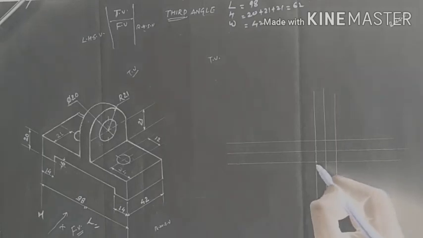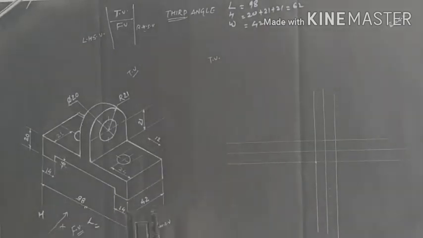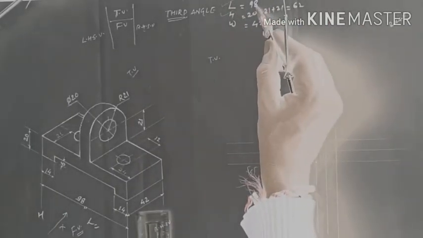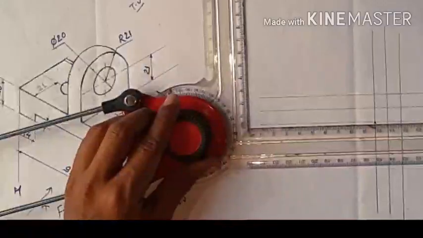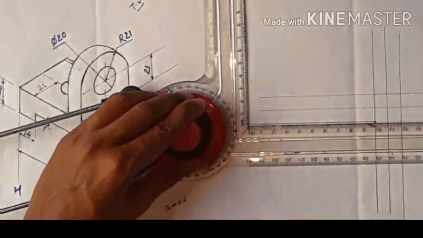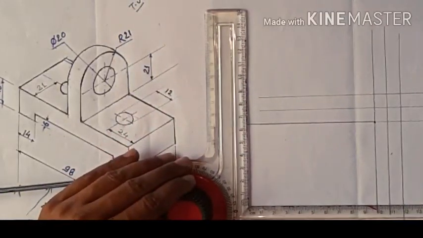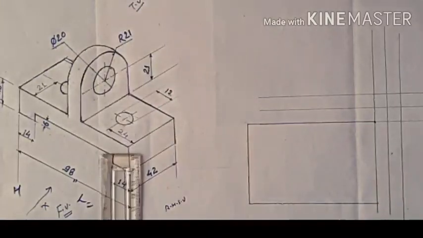So here we start to draw the front view. Select a point. You easily know the method of a box, so firstly we draw a box of what is seen from the front view. We know length and height, so we draw a box of 98 by 62. Placing 98 here, you all see on the screen this is 98 mm, and from here we draw 62 mm of height. Because this is third angle, you draw below. This is your box.